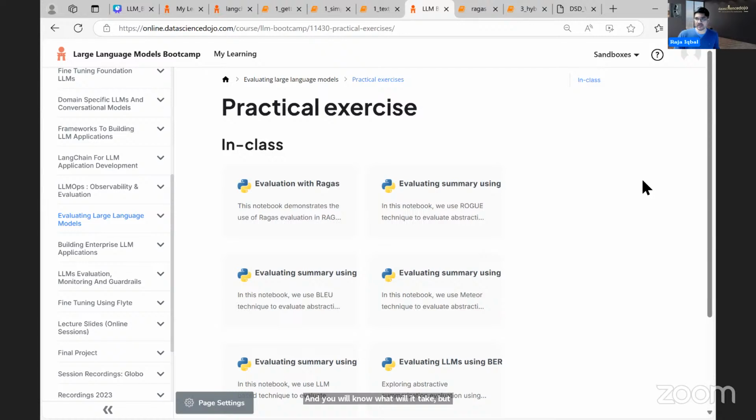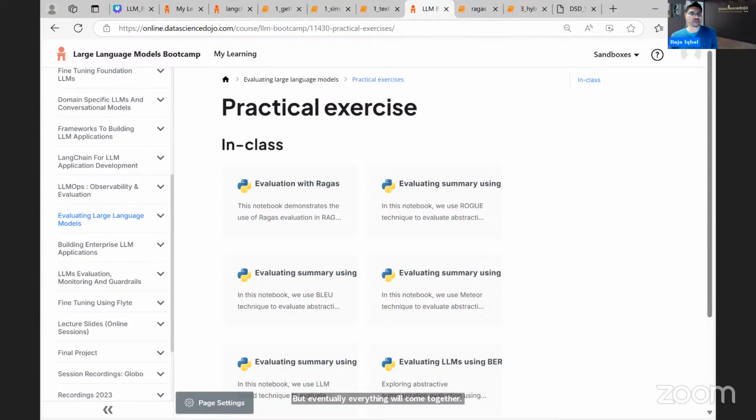I will pause here and see. I see 6 more messages here. So let me see. How many projects are part of the bootcamp? It depends what you consider a project. In a project sense, there is only one final project that you will be building. But there are so many exercises, and if you consider those, then maybe there are a few dozen different things that you will be doing, but eventually everything will come together and become a single project.